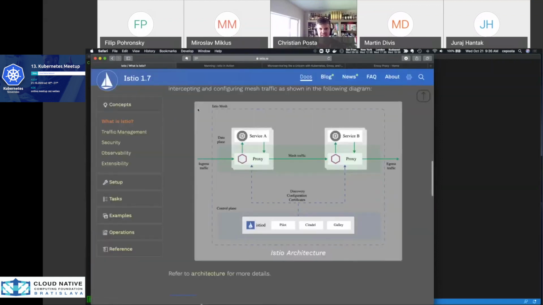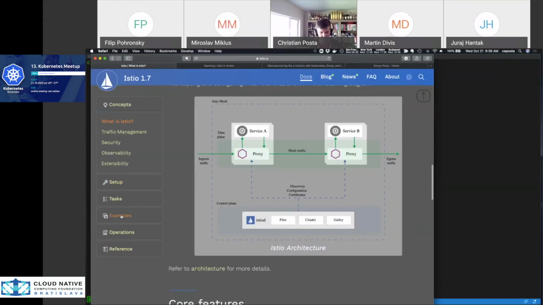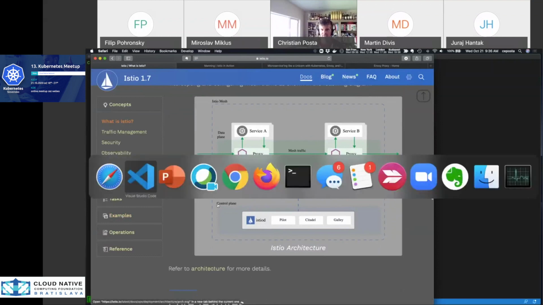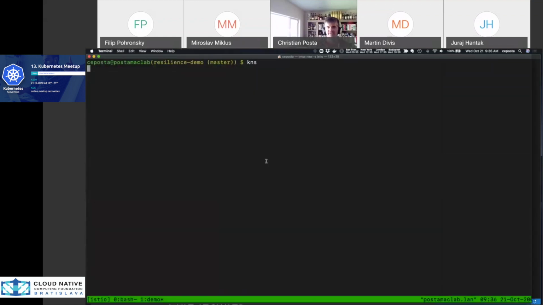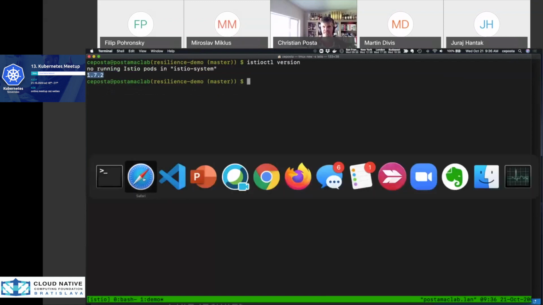And then you can go into setup and some of the examples and so on. Why don't I give you a quick rundown? So let's take a look here. I think we have a fresh cluster here. Yes, we do. And so I have Istio downloaded, and I actually have the 1.7.2 version. You can download it yourself at